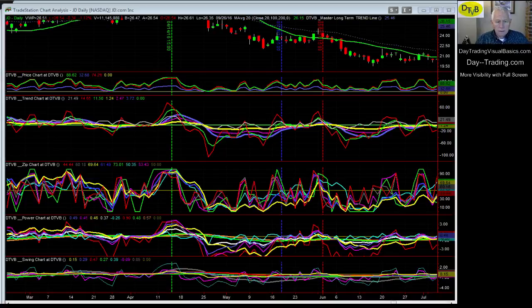The first one is on the red line, the red vertical line, a top of cycle lower trend red,